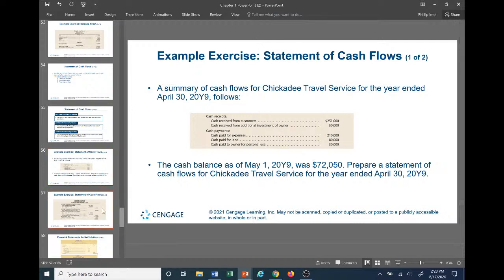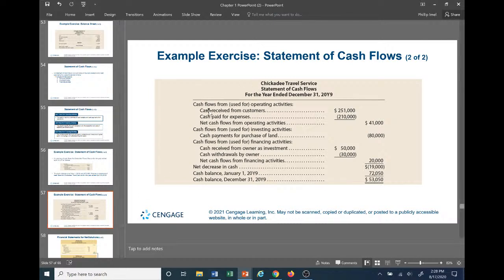Okay, let's just go on and jump to this one here, okay? If you recall, remember cash flows used for operating activities, okay? So remember operating activity, this is going to be stuff on the operating side of things that we'd most likely see on the income statement, remember? So remember the cash received from customers, that's going to be an operating activity, right? Because it's within our normal course of operations. You know, we sell them something, they pay us for our goods or service that we provide them. So that's an operating activity.